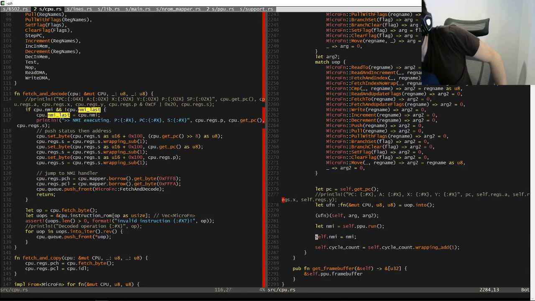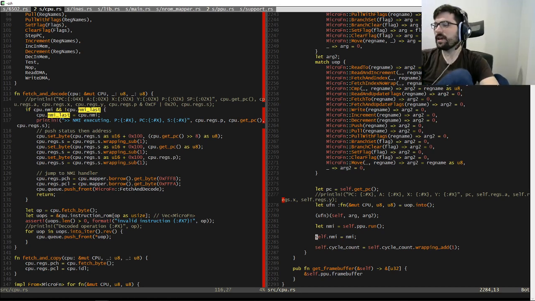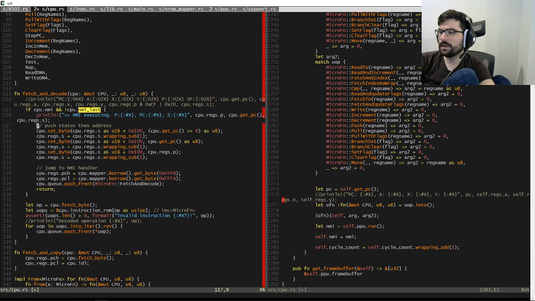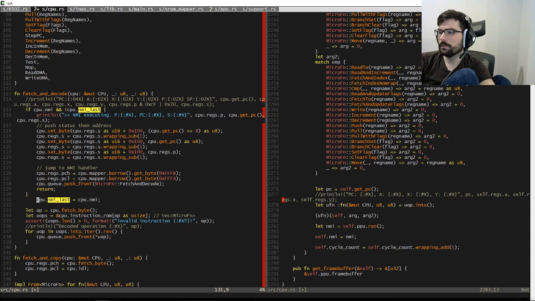And then we set the CPU's, hey, an NMI happened flag. And then, you know what, we probably need to update this regardless, right? That's probably not going to help, but